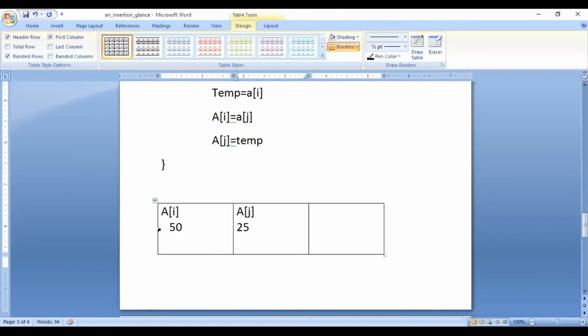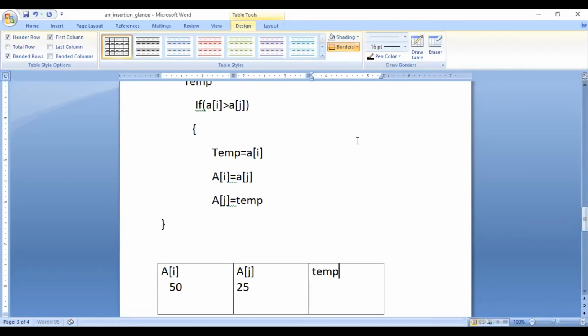We are going to swap these values. To swap, we take a new variable temp. Here we have checked the condition: if a of i is greater than a of j, and here a of i is greater than a of j, so what will we do? The value of a of i is transferred to temp.